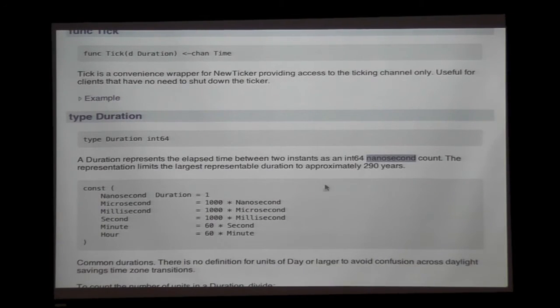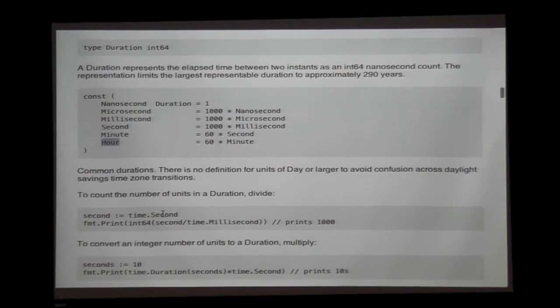Yes. And they have this. This is an enumeration, right? This is an enumeration that you can use to say how much time you want. If you want to specify 10 seconds, you do 10 times time.Second, and that will return the exact nanosecond value